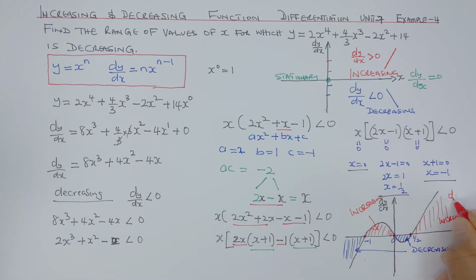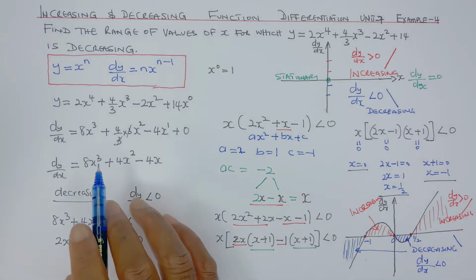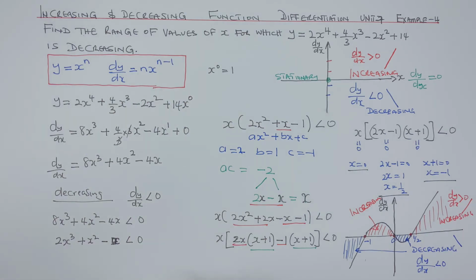That means dy/dx is greater than 0 here, and here dy/dx is less than 0. So it's a negative slope here, and here it's a positive slope. Now I need to write down the range of x values, and the range we're looking for is x less than -1. So we say x colon x is less than -1, in curly brackets, union,